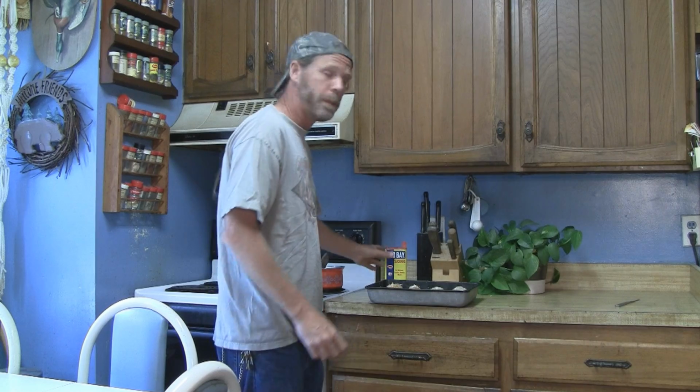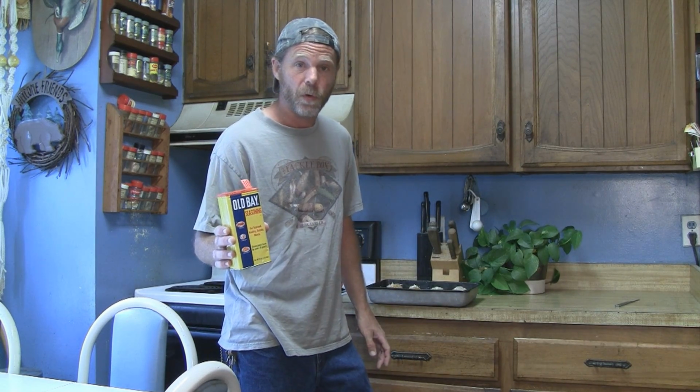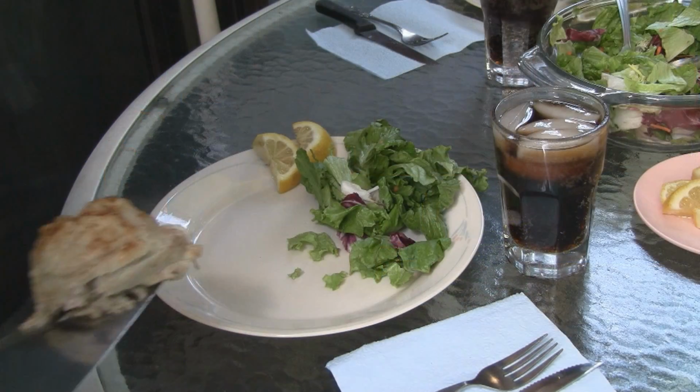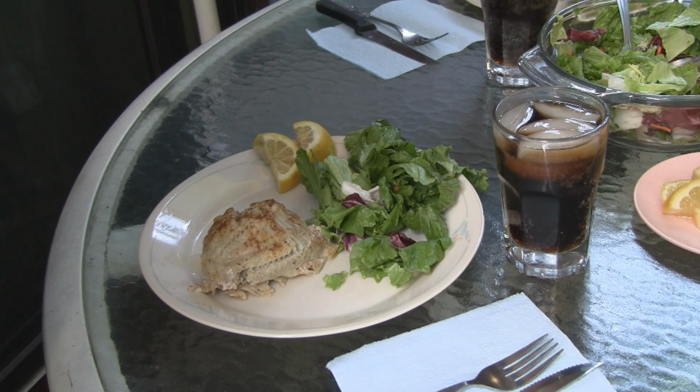All that remains to be done now is to brush your entree with your melted butter, give them that authentic Maryland crab flavor by sprinkling them with some Old Bay seasoning. Then you want to add about 1/4 inch of water to the bottom of the pan to keep them from sticking. Put the whole thing in the oven. And 15 minutes later,